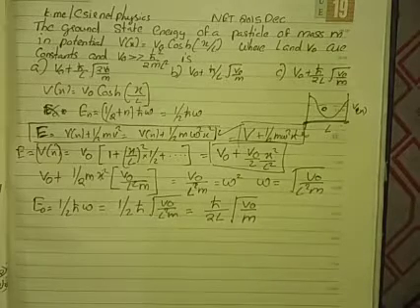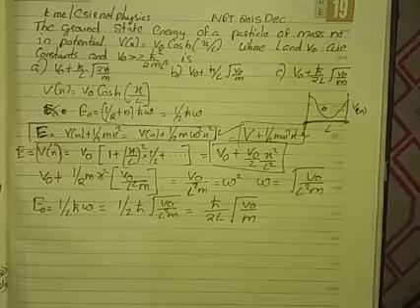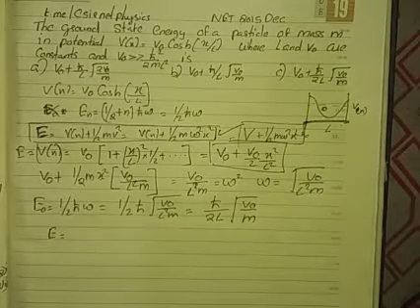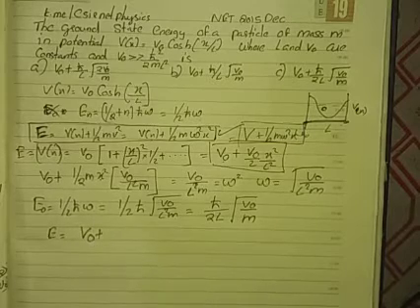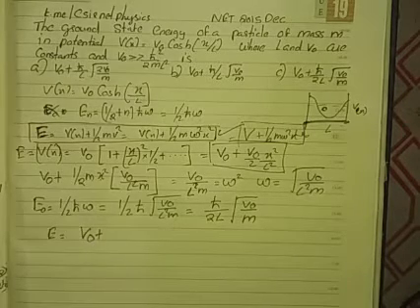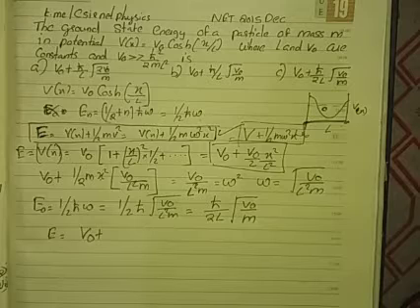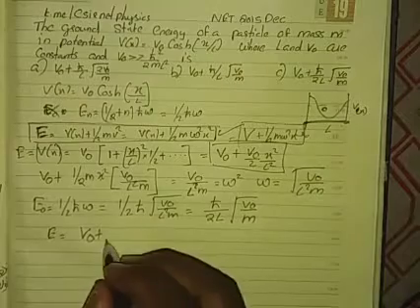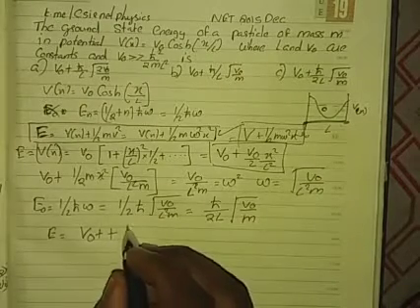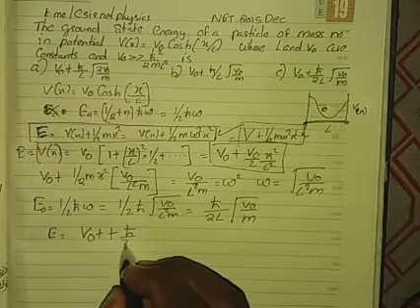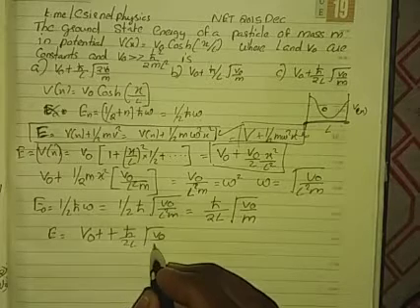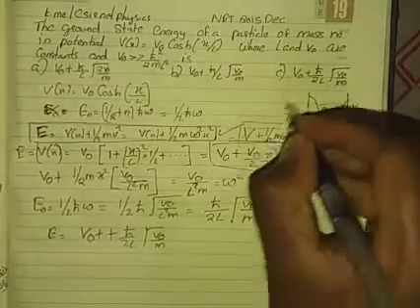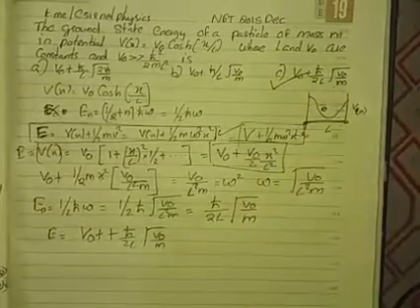So that's E0 right there. Now the total ground state energy of the particle will be V0, which is the potential, plus h cut by 2L times the root of V0 by m. So the right option is option C.